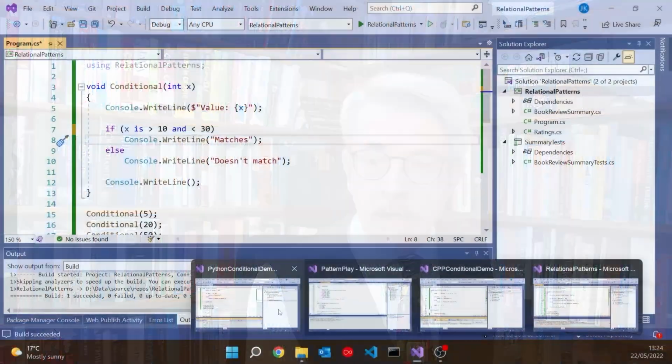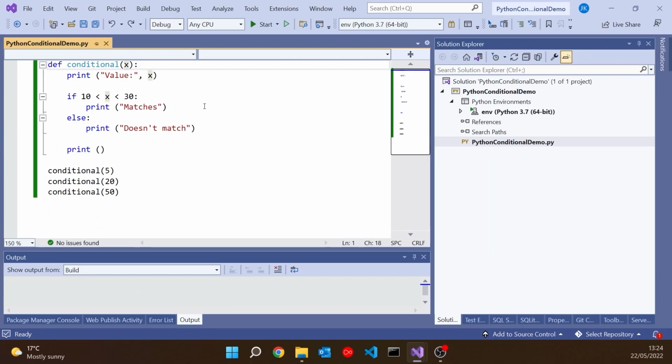There's one slight limitation that we have on there though, and that is that the things we're comparing with, the 10 and the 30 in this case, have to be compile time values. So if we go back to the Python, I could make a slight change here. I could pass in A and B, and then compare with A as the lower limit and B as the upper limit, and then in here, every time make that comma 10, comma 30. So same values as before, but passed in as parameters.